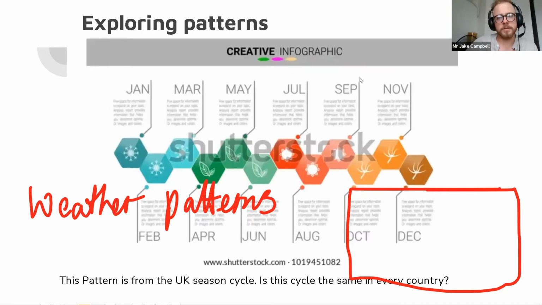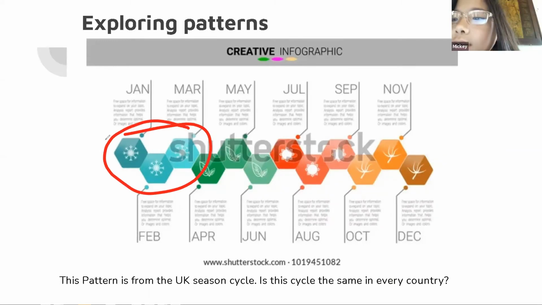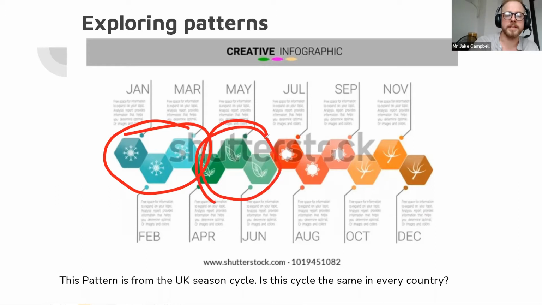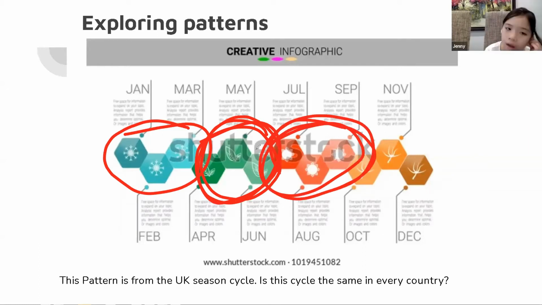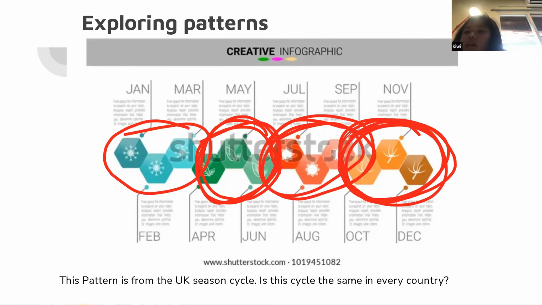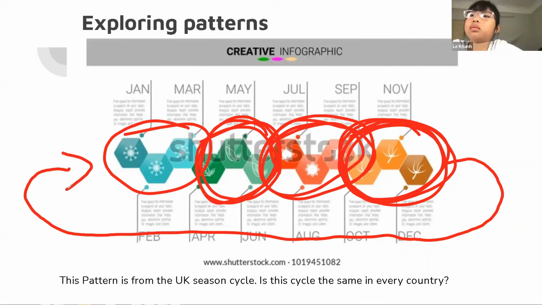We're going to look at seasons for a little bit first. So, first things first, very easy. Mickey, what season do you think this is? Winter. Perfect. Okay. Chi, what season do you think this is? Spring. Fantastic. We've got winter, spring. Emma, what season is this? Summer. Very good. And Kiwi, what season is the last one? Fall. Yeah, fall or autumn. Okay. Mingha, what happens after autumn?